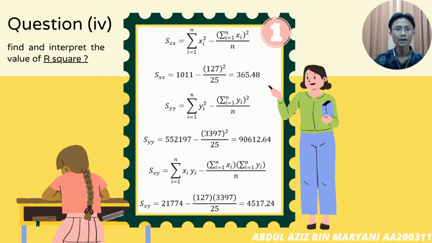Next, for Syy, the formula is the total sum of y squared minus the total sum of y, squared, and divide by n, which is 25. The answer is 19,612.64. For Sxy, the formula is the total sum of x times y minus the total sum of x times the total sum of y, divided by 25. The answer is